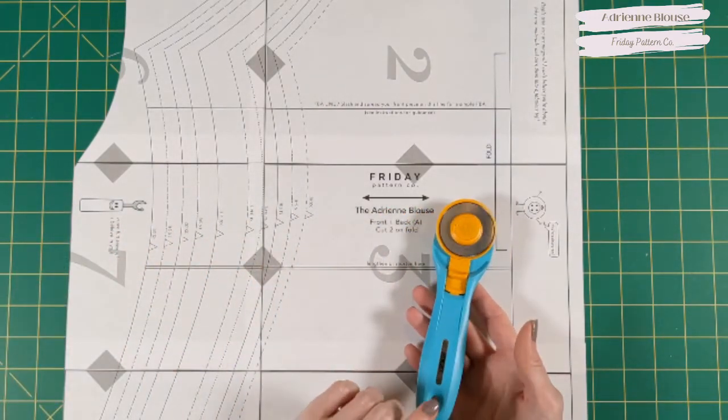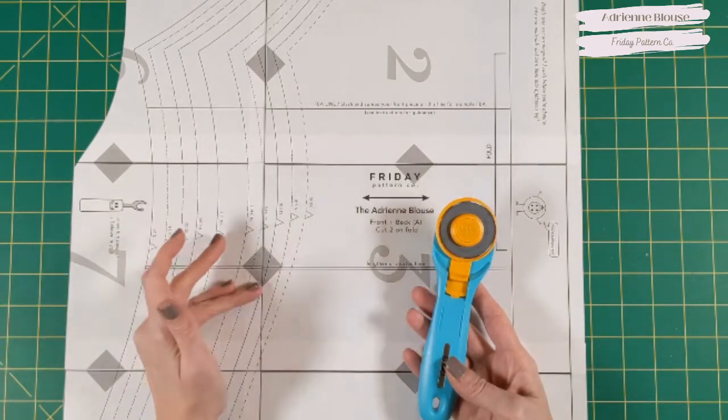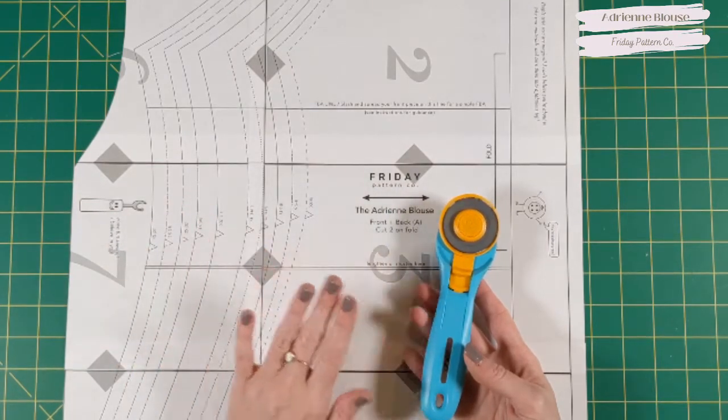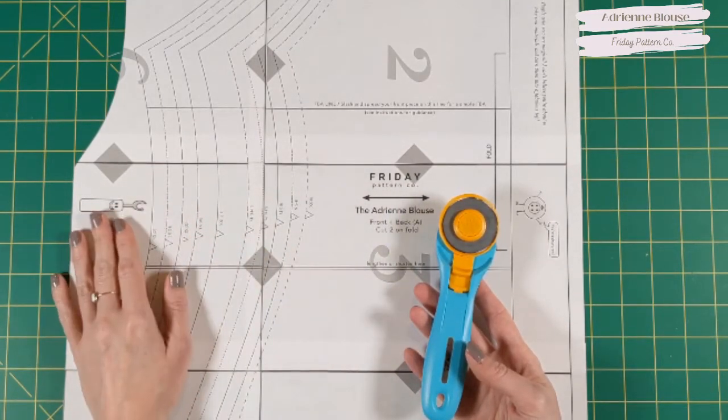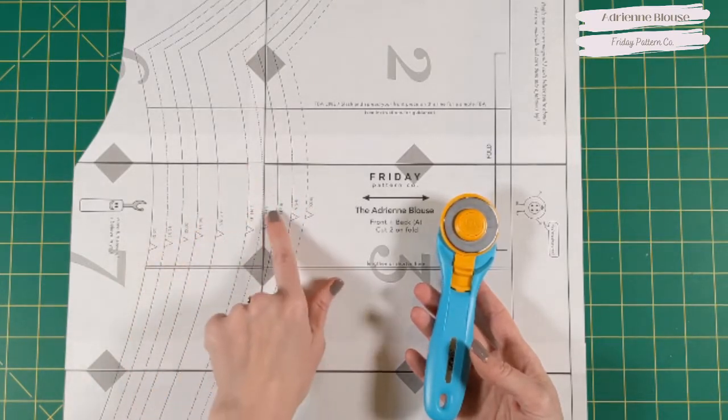I always use a different blade or a different rotary cutter when I cut my pattern versus when I cut my fabric, because the paper is going to dull the blade, and that's going to be no good when you go to cut your fabric out. So I've decided that I'm going to cut between a medium